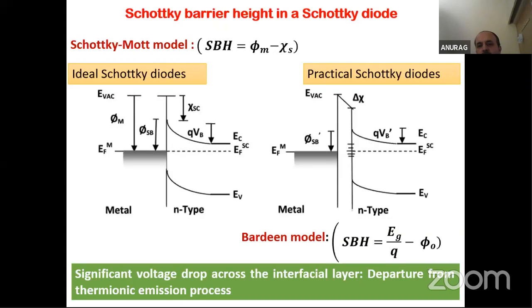Eg minus phi naught, where Eg is the band gap and phi naught is the charge neutrality level. I won't go into the detail, but the Schottky-Mott model is for the ideal case, and the Bardeen model is for a diode which is not so good. And mostly what we obtain is a diode having a barrier height in between those predicted by